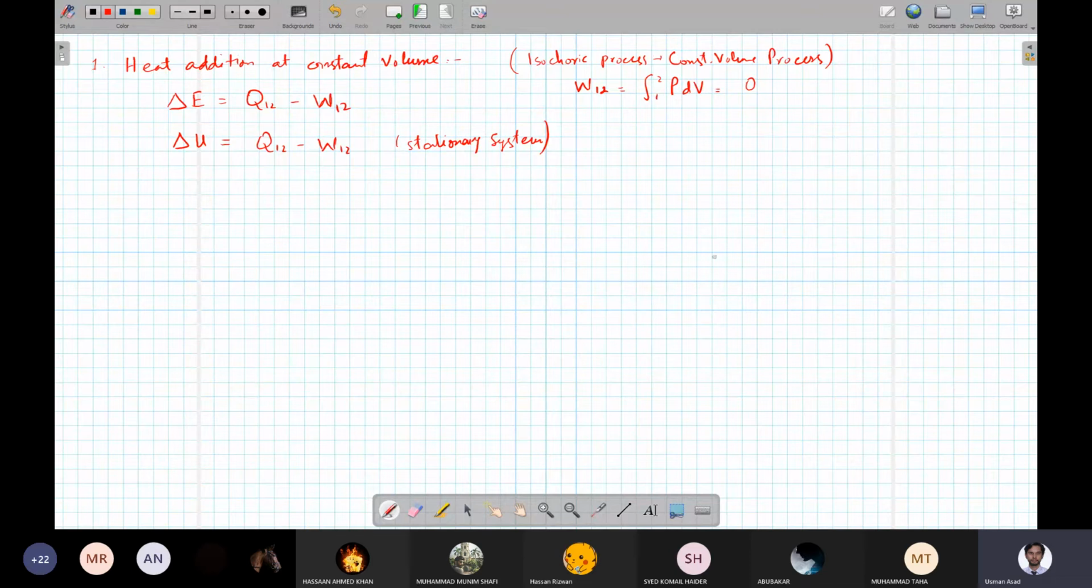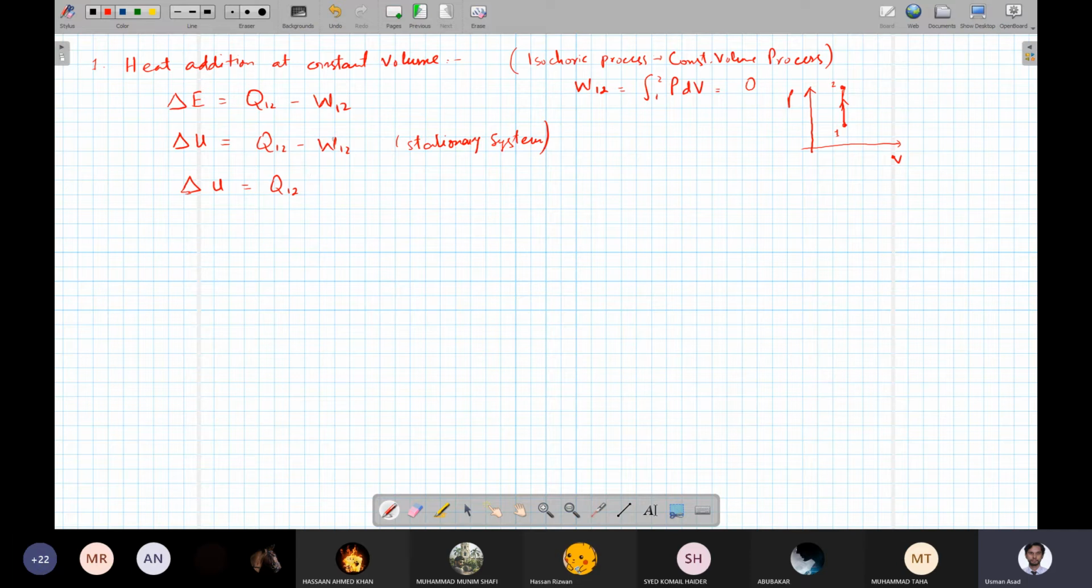If you look at a PV diagram, all that's happening in this heat addition at constant volume is that, के PV diagram पे, you're moving vertically upwards. ठीक है? So the area under this vertical line is 0. ठीक है? So since there is no work done, that means that